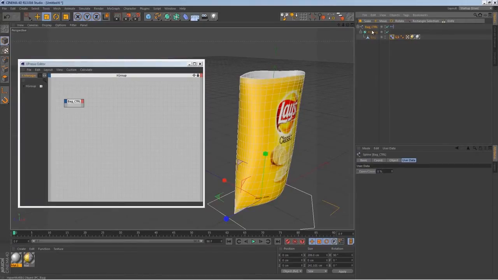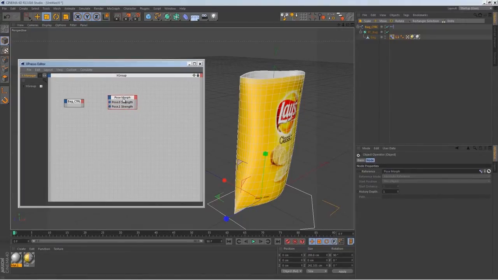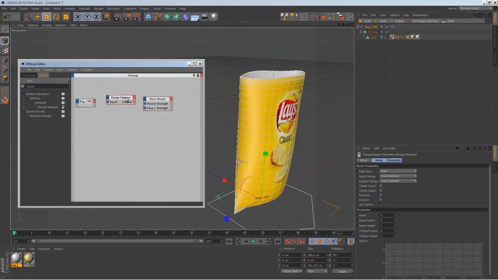Somehow we'll link those two features here into one. To do that, we'll bring in a pose morph control, double click here to extend it, and then bring in strength 0 and strength 1, and control click, double click, and okay, that's good. And next we'll bring in a range mapper,